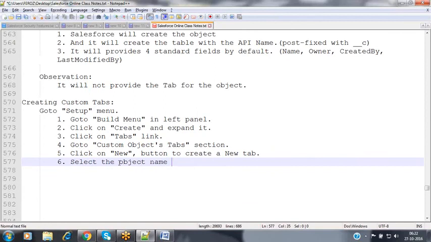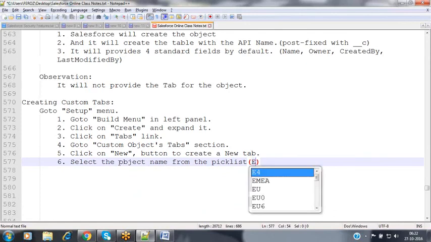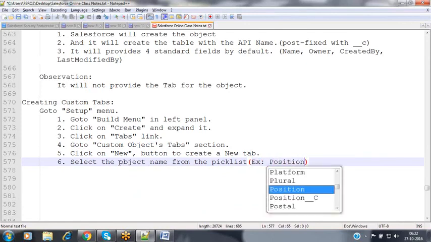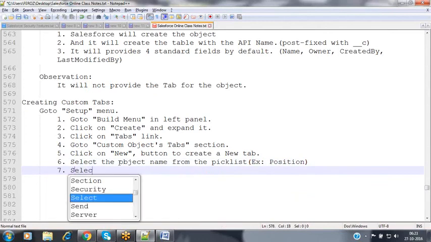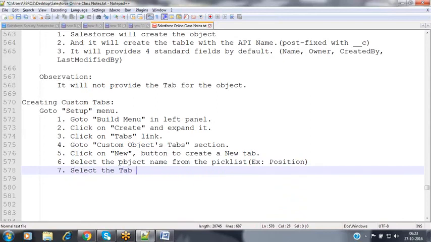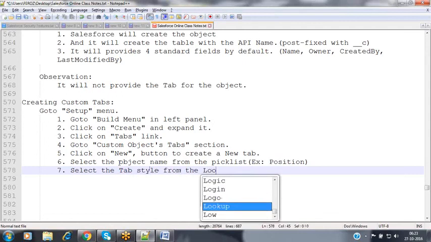Select the object name from the pick list. In my case, I'm selecting position. Select the tab style from the lookup icon.